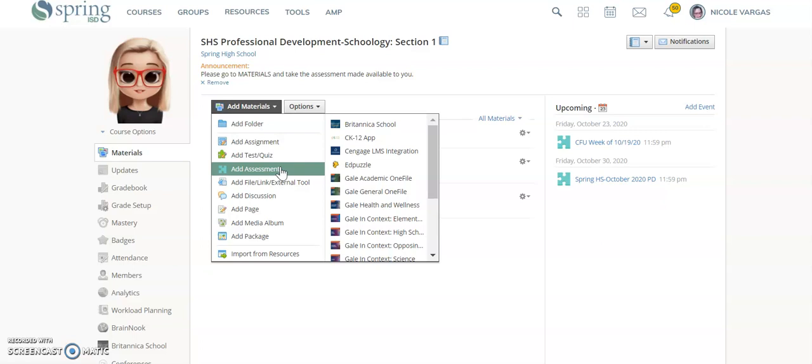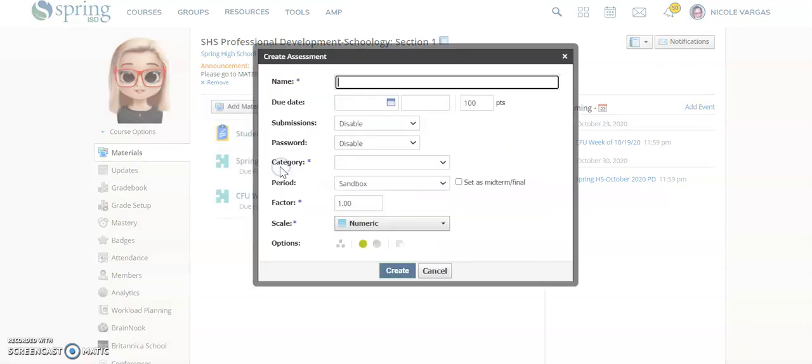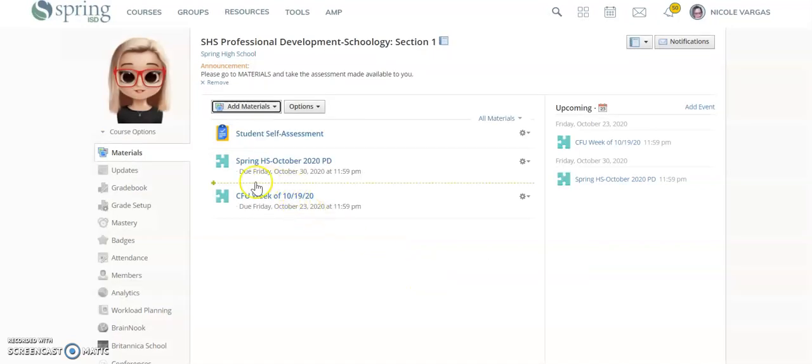For those of you who are not aware of Schoology assessments, we want to show you how you can add check for understanding questions and obtain that data by doing so. If you click on add assessment, you would give it a name, a due date, enable your submissions, give it a category, just like you would any of your assignments. You'll see I already created one right here called CFU week of 10/19/20. So if I click on that,